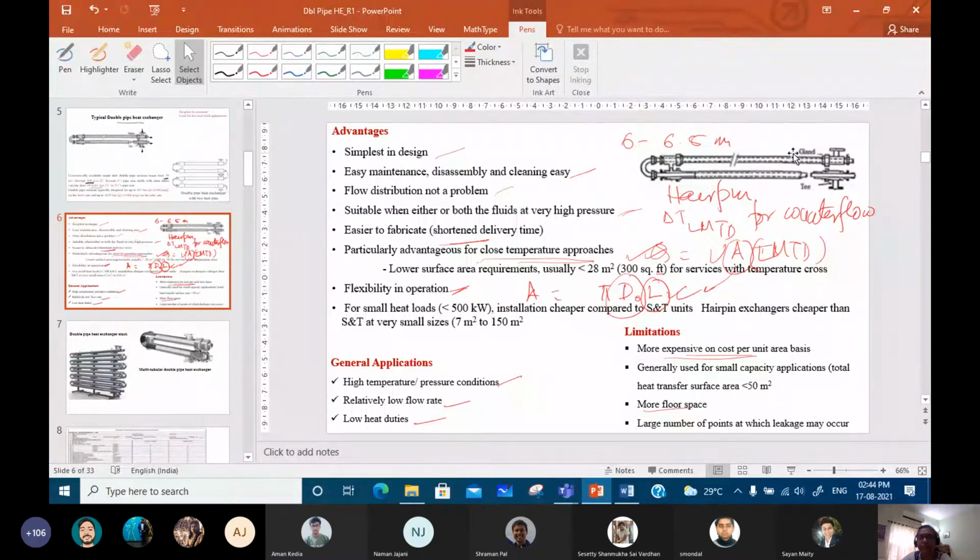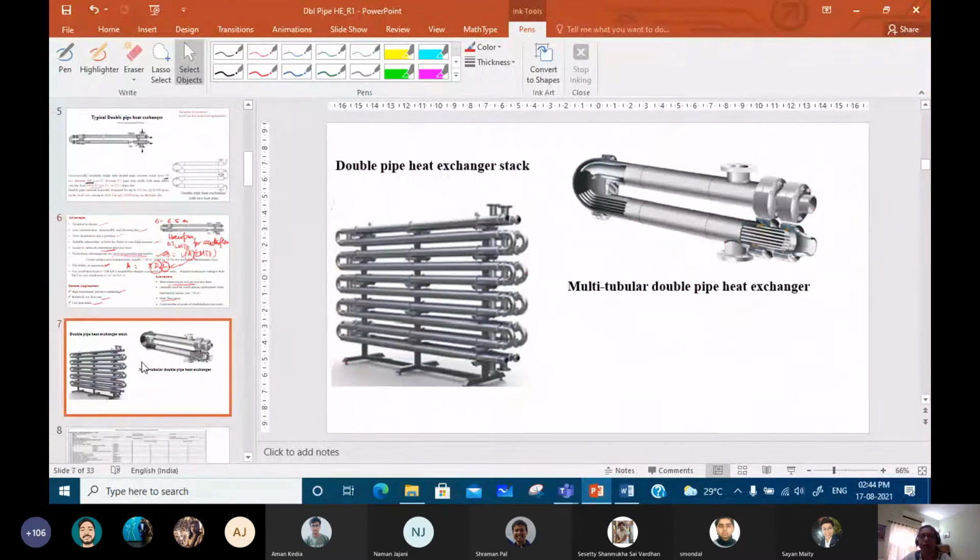There can be some arrangements as well where a large number of tubes are housed within an outer pipe. These multi-tubular double pipe heat exchangers are normally designed the way shell and tube heat exchangers are designed, considering the FT, etc. For this class, since we'll be doing shell and tube heat exchangers separately, we'll be considering this hairpin arrangement for our design, if your terminal conditions and the design problem allow that. If it is not allowed, then definitely you have to go for a multi-tubular double pipe exchanger.